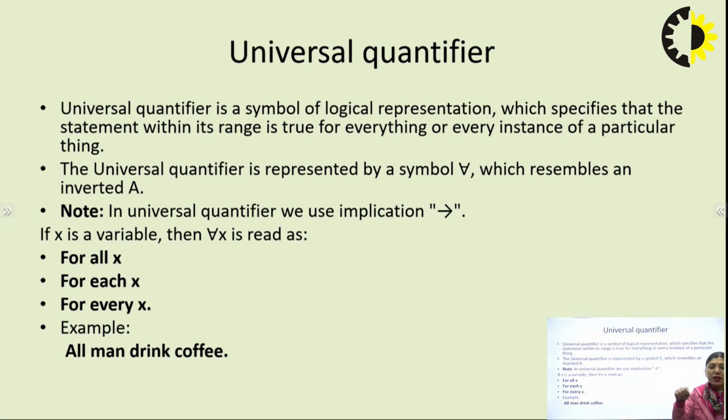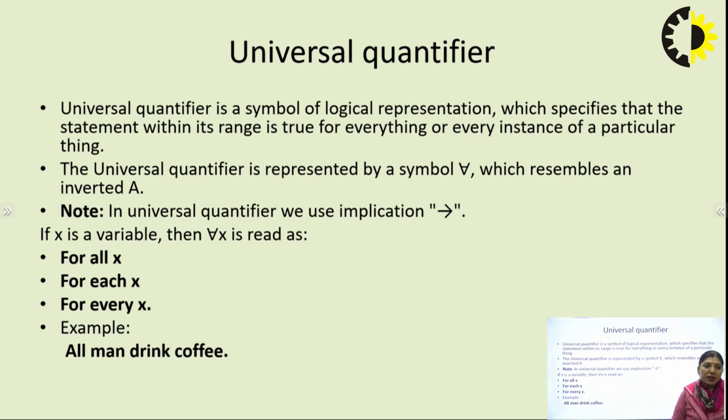If we write A upside down, that means we are saying it's a universal quantifier. If I put the symbol in front of any statement, that means the statement we talk about is for all, for everything, for everyone. As soon as this symbol is placed, okay. So in the universal quantifier we are simply using the implication symbol. If we are talking about something and want to connect it with a relationship or declare an outcome, we will always use this implication, that is your arrow, outward movement.